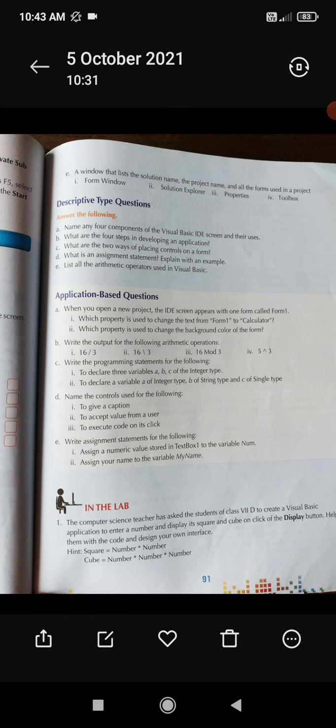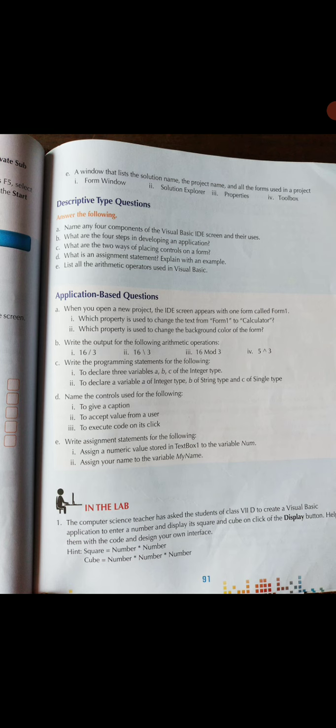I am repeating the question again. What do you mean by event-driven programming? Question mark. Answer.